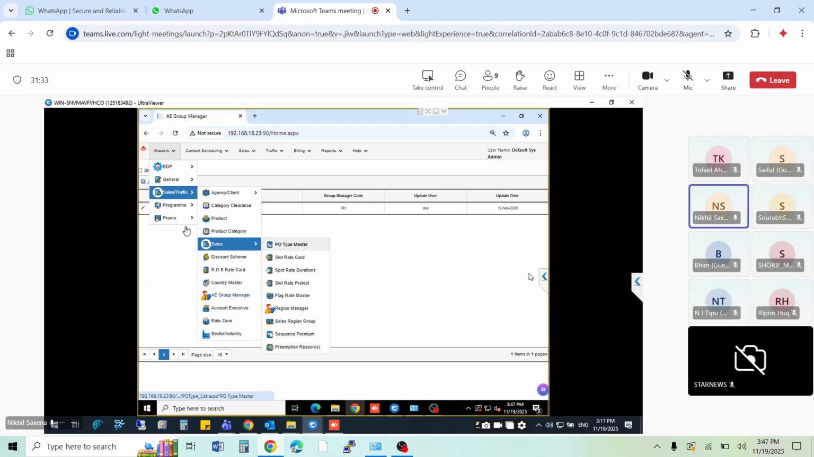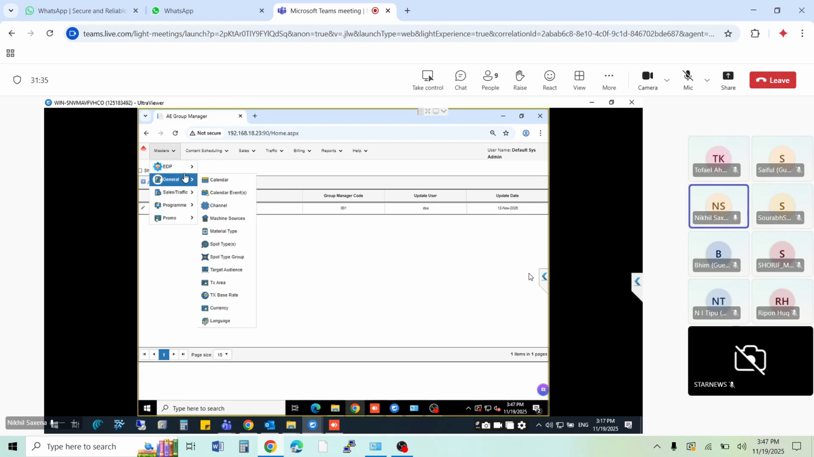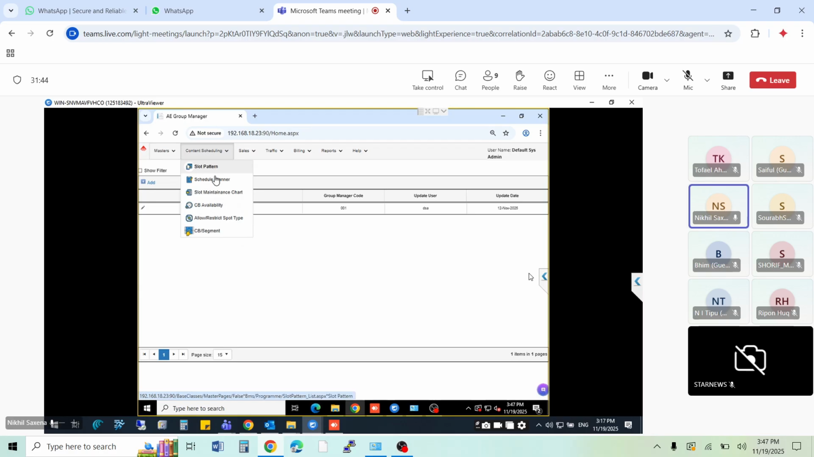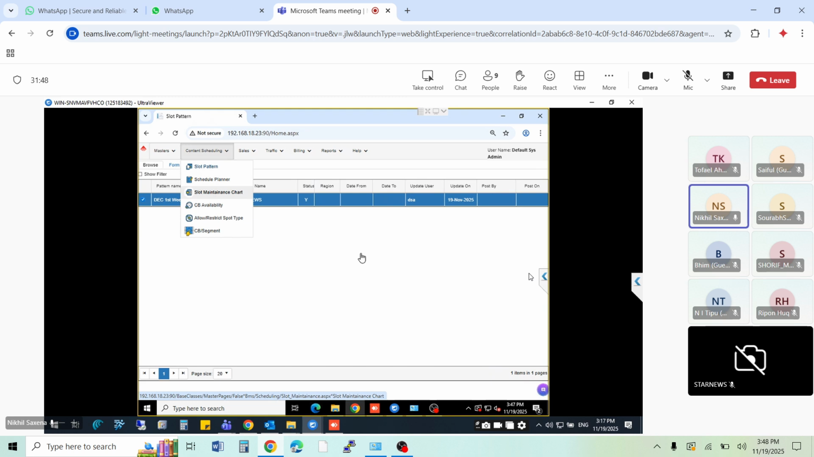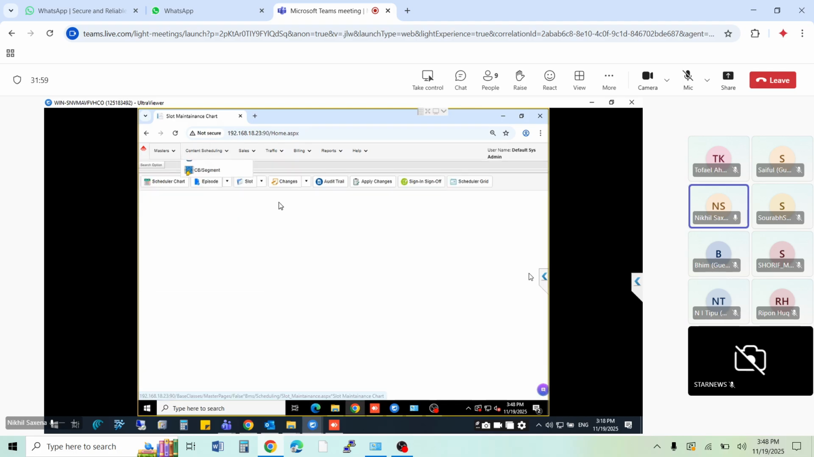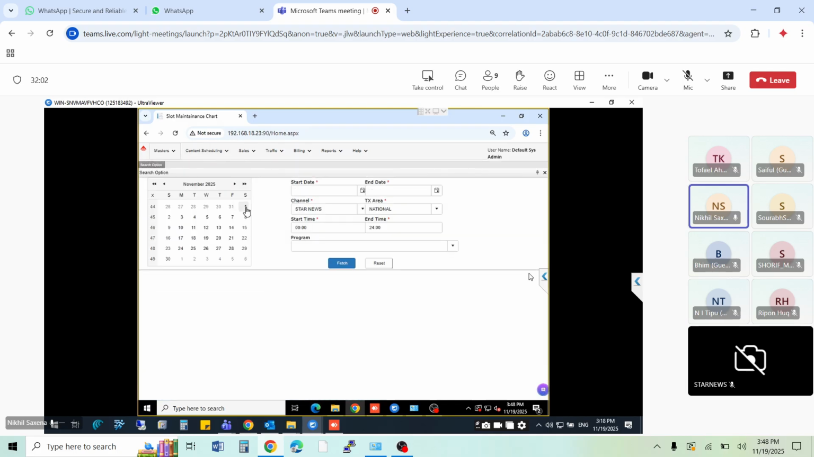Right. So these are the rate cards only. Okay, so most of the masters I have covered, right, related to the scheduling and sales. I've shown this one as pattern. So once your pattern is ready, then if you want to perform any changes, then you can go to the slot maintenance chart. In the slot maintenance chart, you can